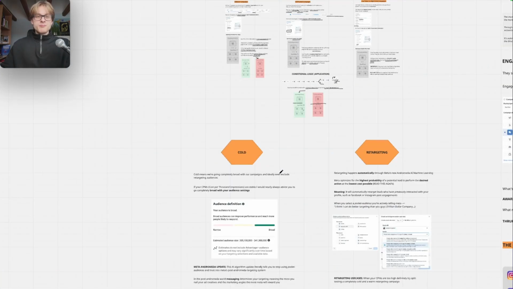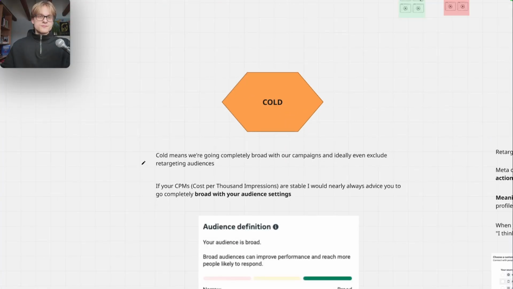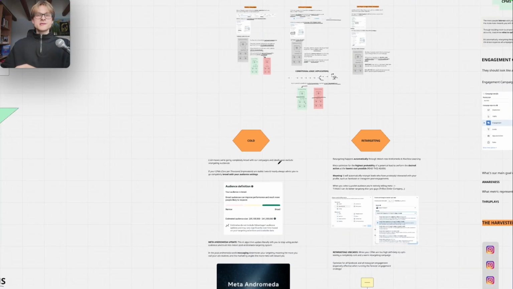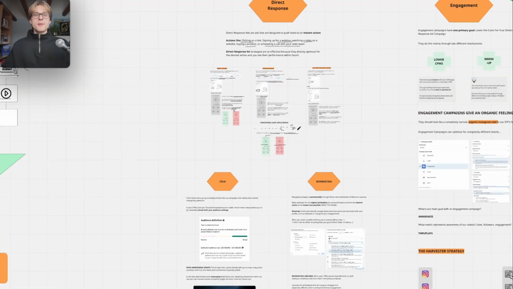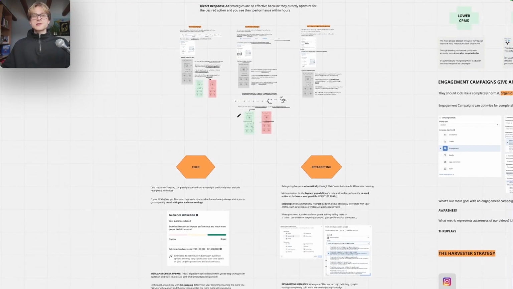Now, with that being said, you can basically then separate your direct response campaigns into completely cold campaigns, or you run them as retargeting campaigns. You maybe have heard about these terms before. So the question is, what should you choose? What does it mean? And what's actually better, right? What makes you more money? This is all what we care about.